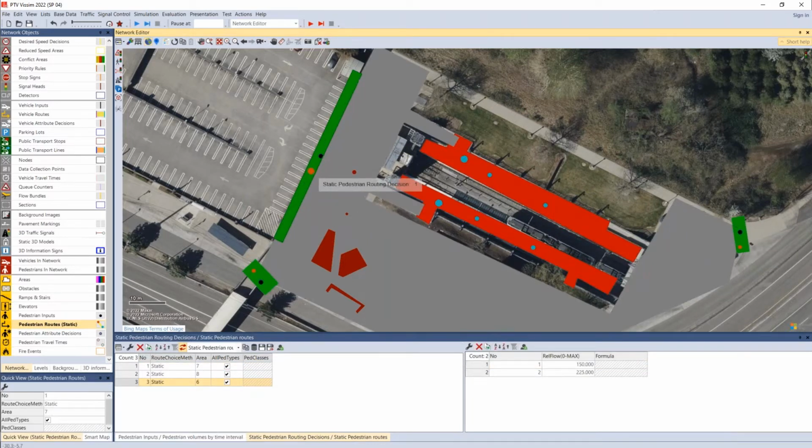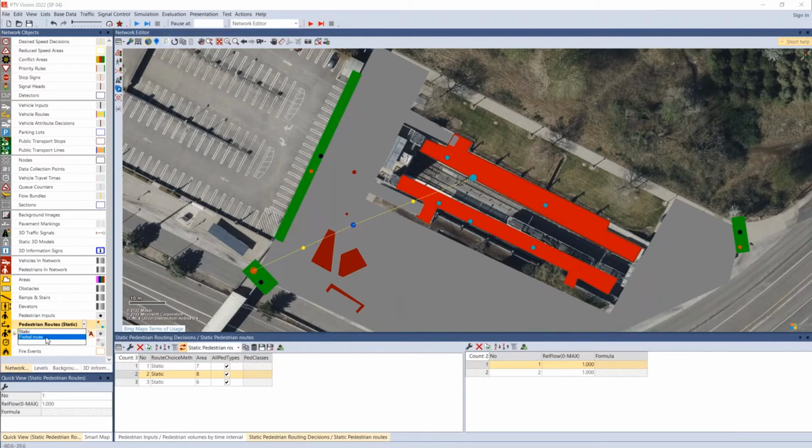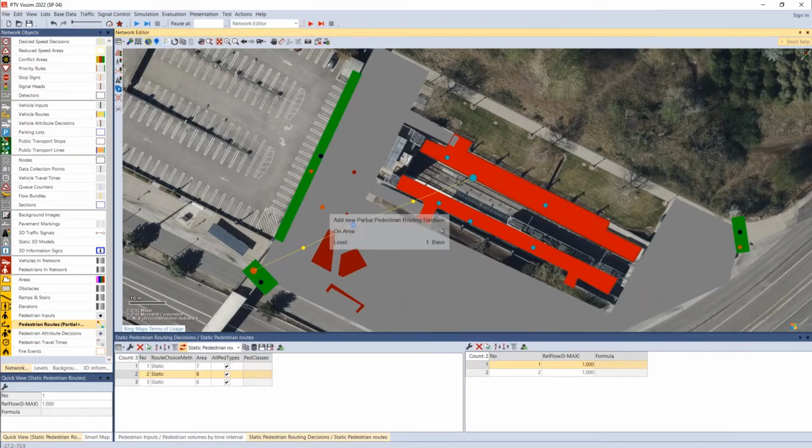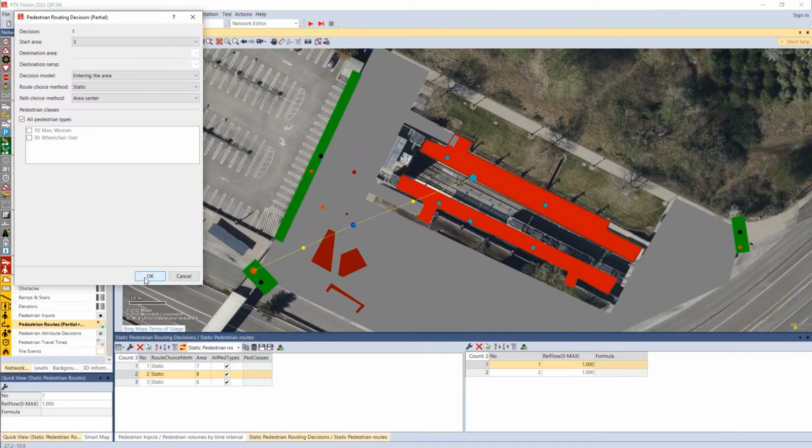So a much more, and not everybody would want to go to get the coffee, right? So in this case, what we might do is put the intermediate point on this larger area, this larger concourse in between. And what that will do is now we can place a partial route on the concourse itself that says, okay,